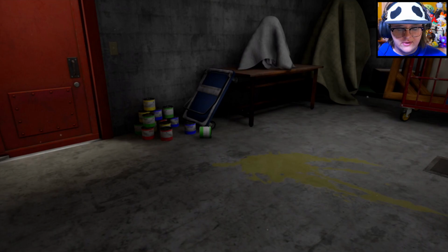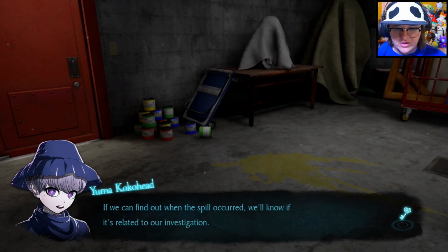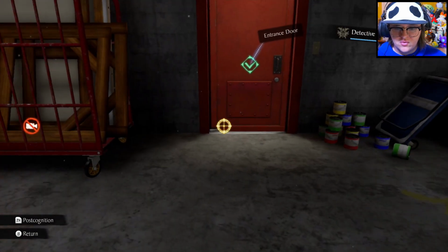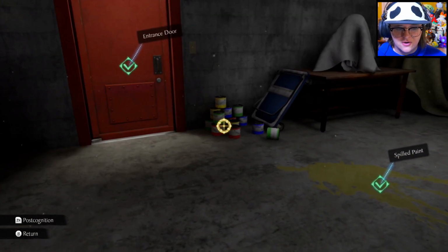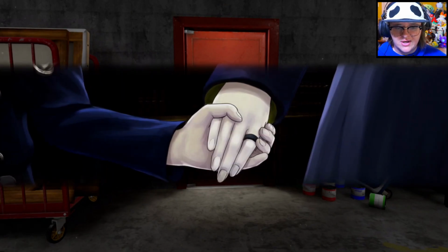Spilled paint. Was that always here? Spilled paint has stained the floor. If we can find out when the spill occurred, we'll know if it's related to our investigation. True, but it seems like it's fresher than... Well, it is only a month between for this one, so it could have happened, but post-cognition...